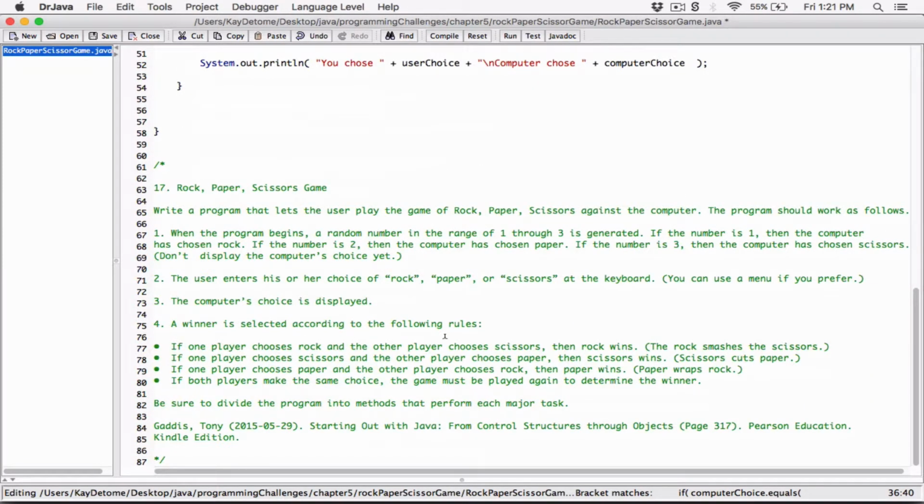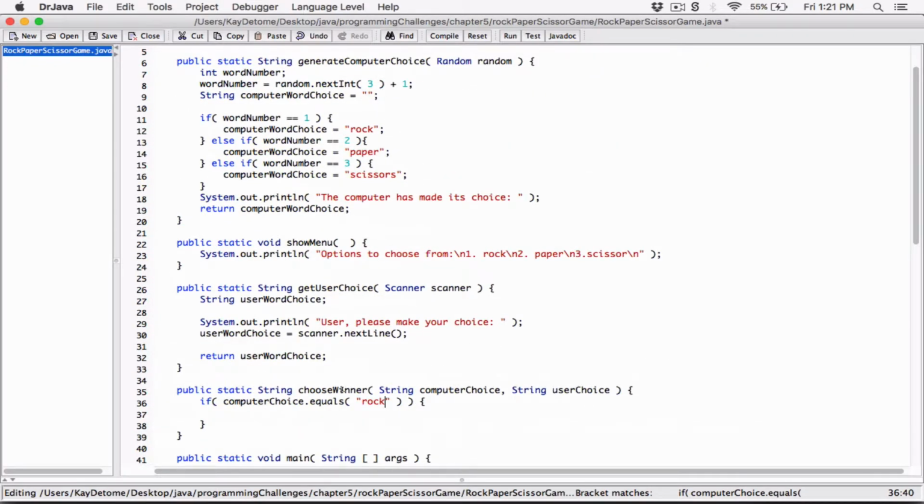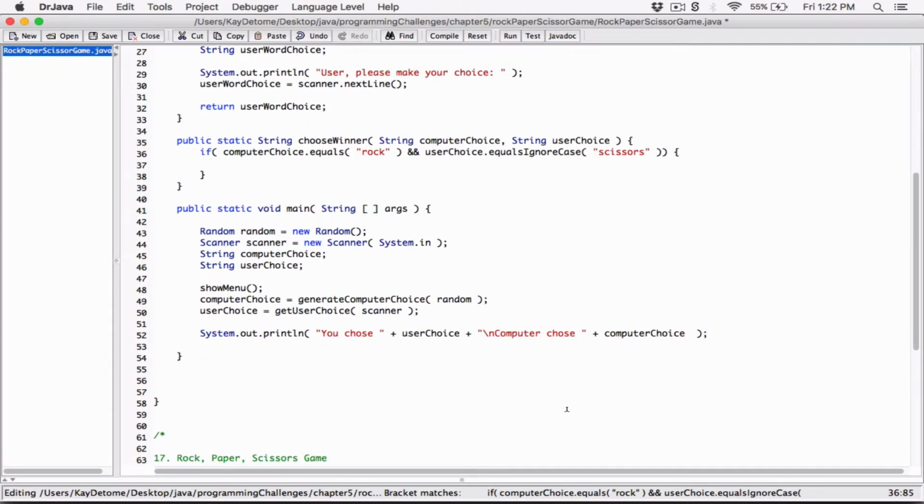So if one player chooses rock and the other player chooses scissors. Okay, so the computer choice dot equals rock, right? And I'm going to use the 2 ampersands to represent and the user choice, but the user choice I'm going to say dot equals ignore case is equal to scissors. The reason why I'm doing dot equals ignore case is because sometimes the user can type in capital